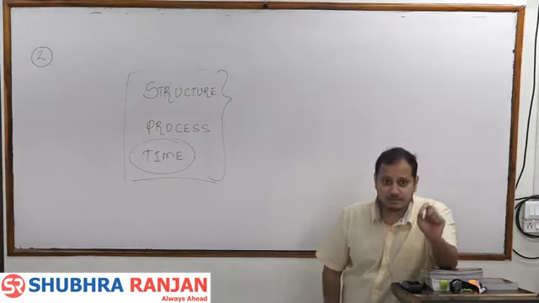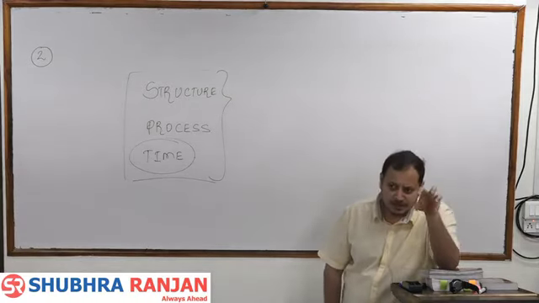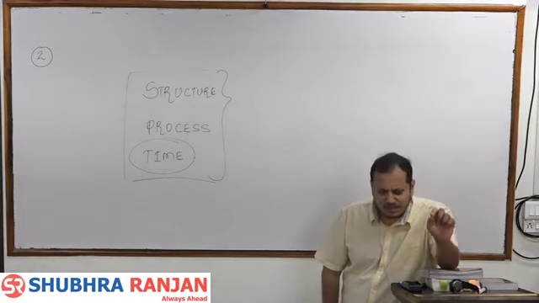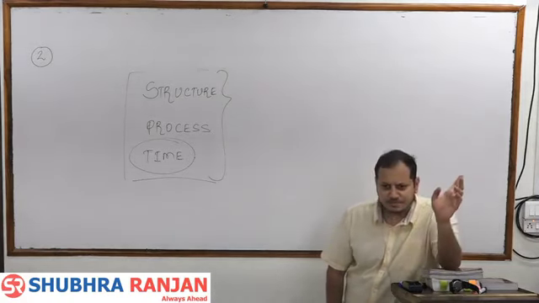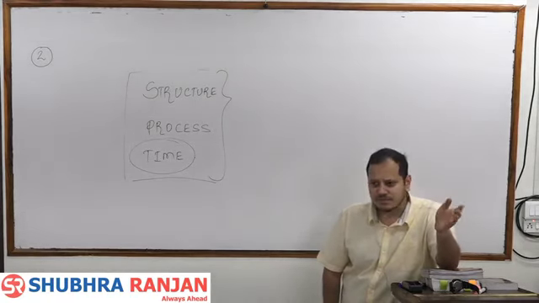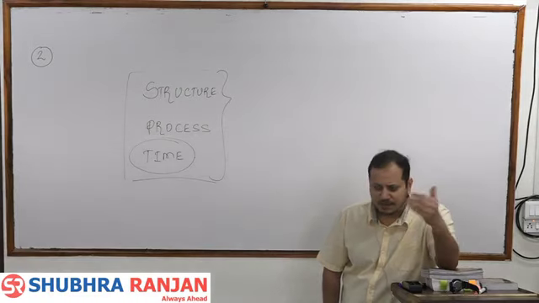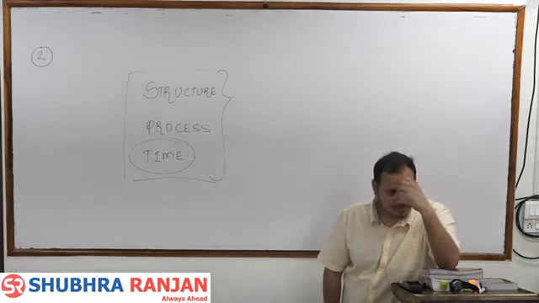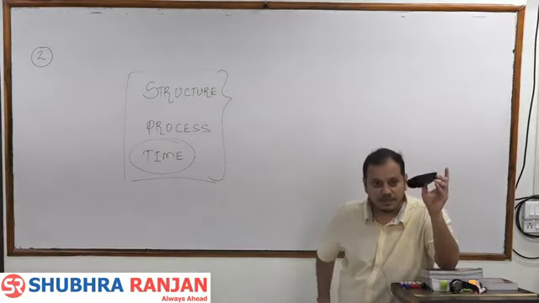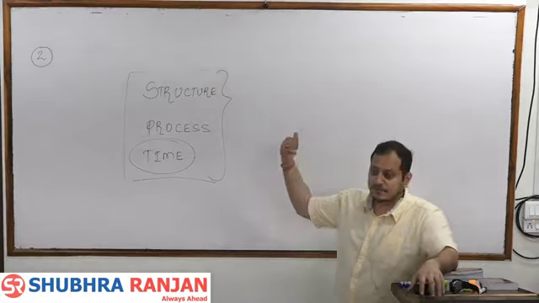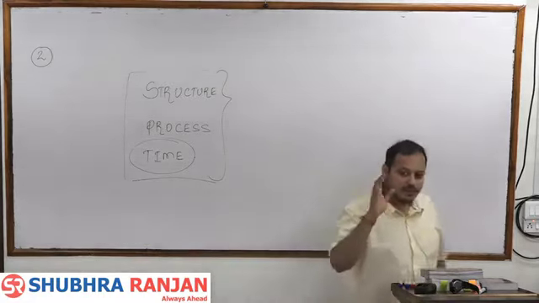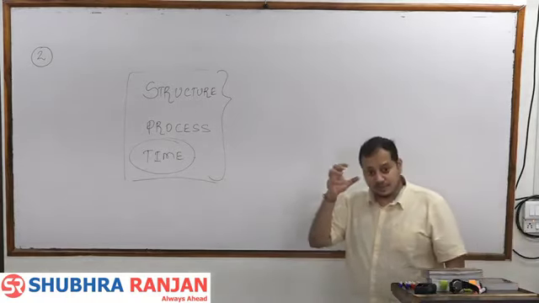The second aspect of Davis was: what is structure, what is process. Today you will understand this. So what do you mean by structure? What is the meaning of the word structure in general English? Shape, size. So in geography, structure means whether it is a mountain, whether it is a flat plateau. What is the relief? Whether the steepness is greater, whether the steepness is lesser. The landform which is made, whether it is made up of hard minerals, whether it is made up of soft minerals, whether the minerals can be eroded easily by water or are they tough to water.